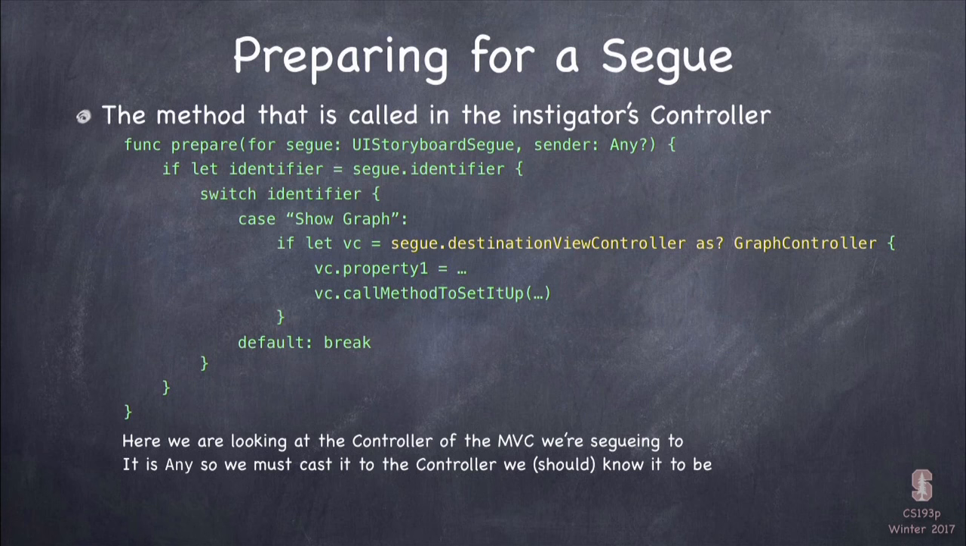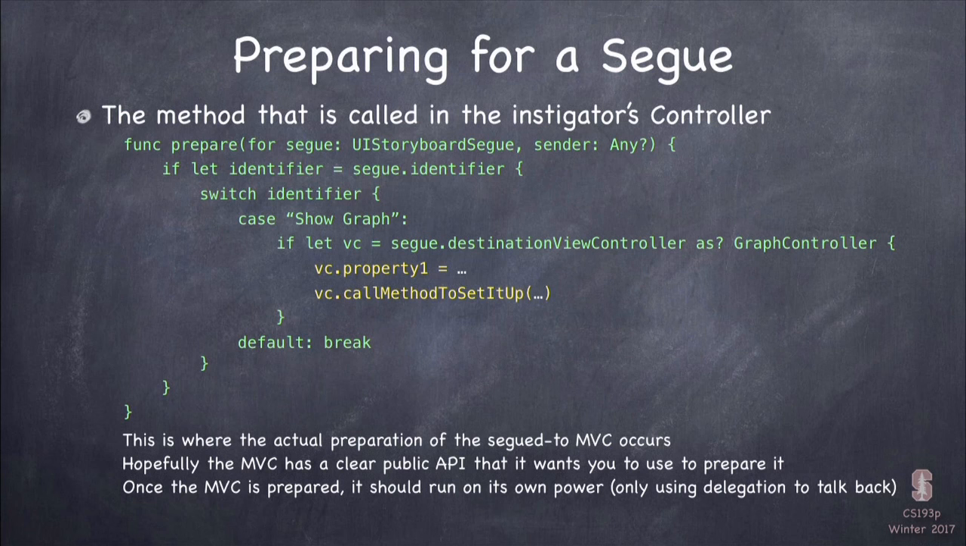And if I'm able to do that, which I should be, because I know this is the show graph segue, so I better be. If I'm not, then I want to raise an exception here, because I'm really expecting to be able to do it. Maybe I use as exclamation point right there instead of as question mark, because it'd be bad if I was doing this and it wasn't actually a graph view controller. But anyway, I get the graph view controller. So now VC, this variable VC, is of type graph controller. So I can start setting vars in it, calling methods, whatever I need to do to prepare that graph controller